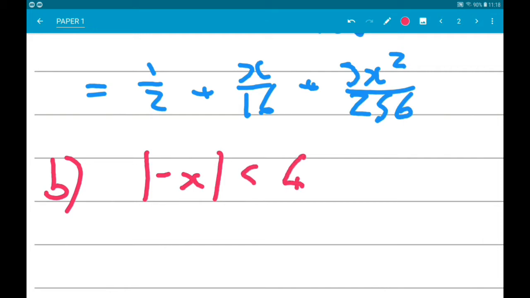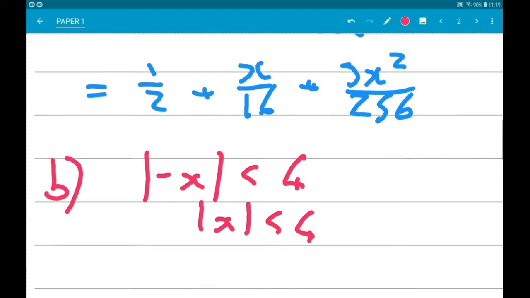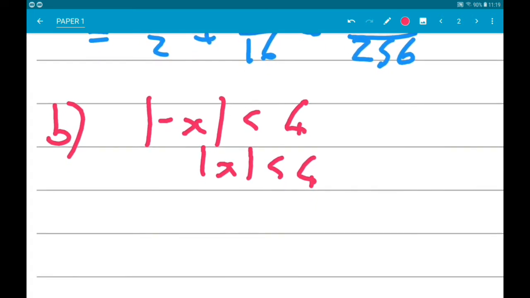Now the modulus cancels out the negative, so the modulus of x is less than 4. So we can only sub in values less than 4 for the expansion to be valid. So part 1 would be x is minus 14